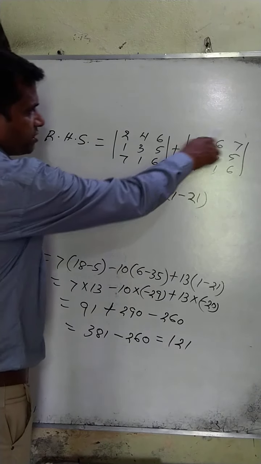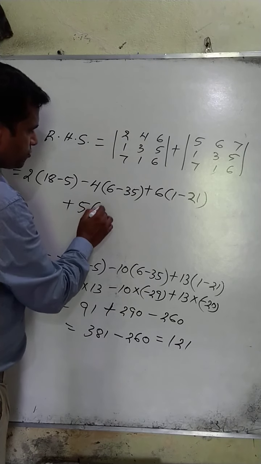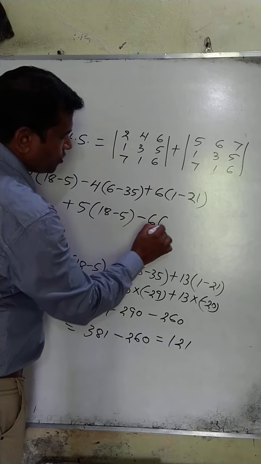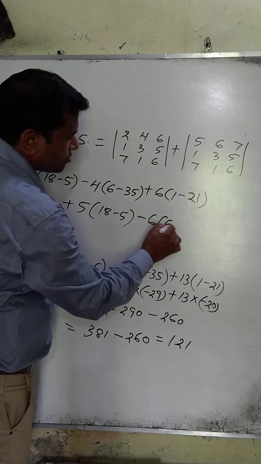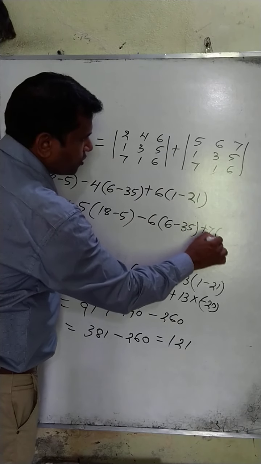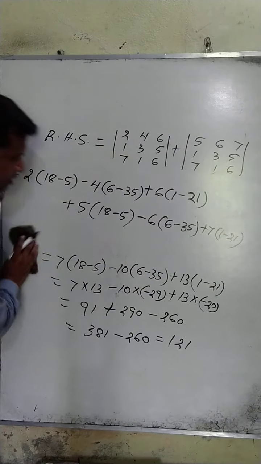Now we expand the second determinant, 5 whole into 18 minus 5, minus 6 whole into 6 minus 35, plus 7 whole into 1 minus 21, okay, that equals